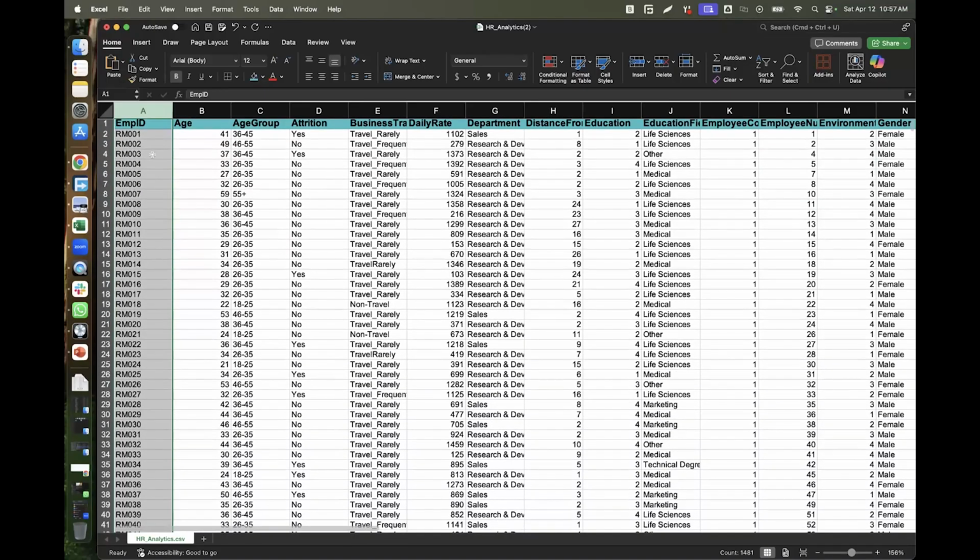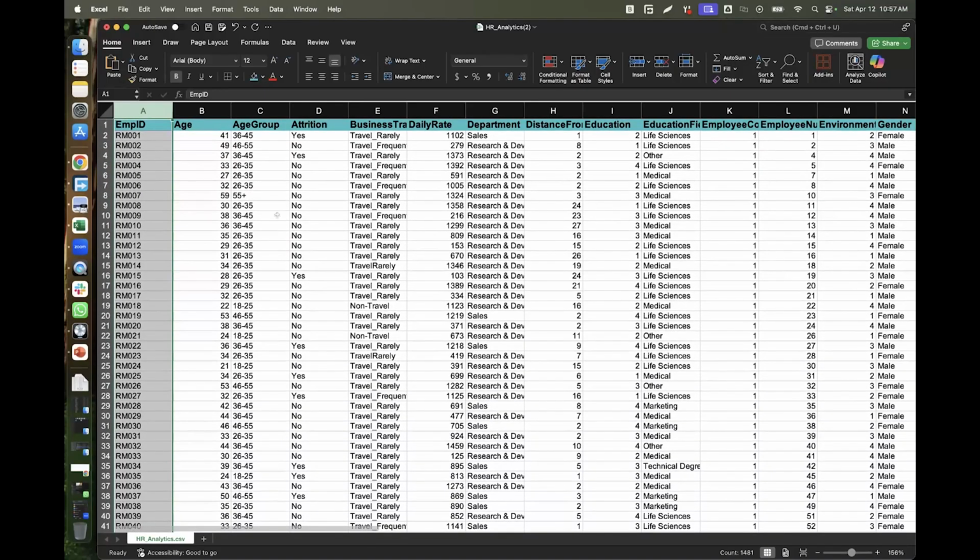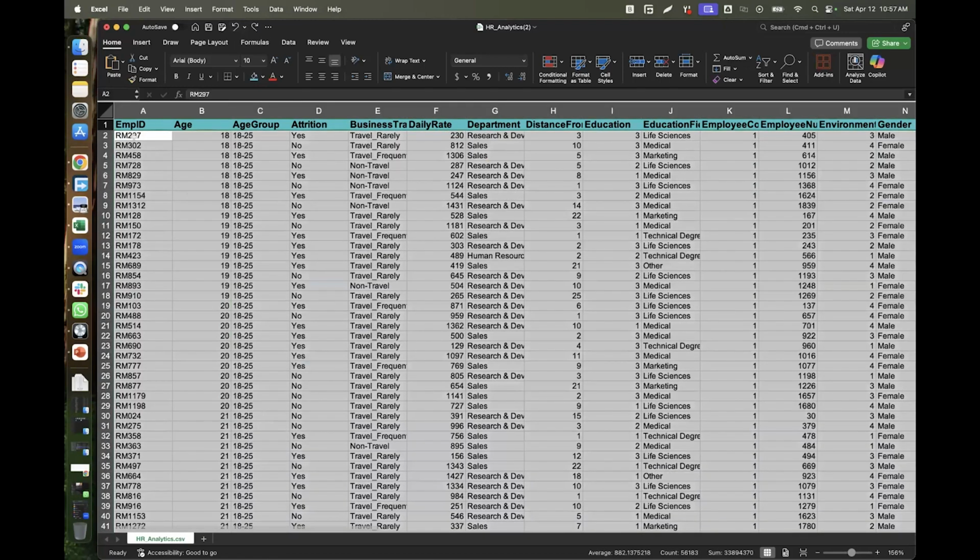And because I've been able to sort, I'm going to do Control Z now. What Control Z means is I want to undo, or I come here and click undo to undo the last thing I did. So this was the former state where we are, right? So I've just shown you the power of how to sort.